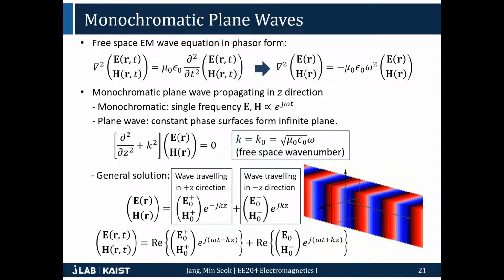But this is a really good point, because even if we do not assume a monochromatic wave, any wave can be expressed as a linear combination of monochromatic waves with different frequencies,